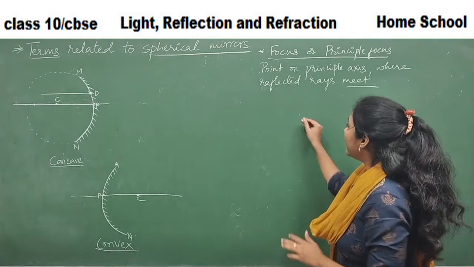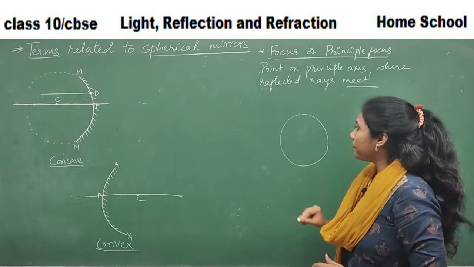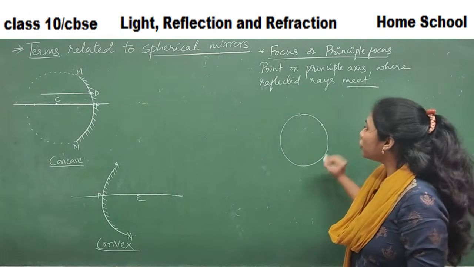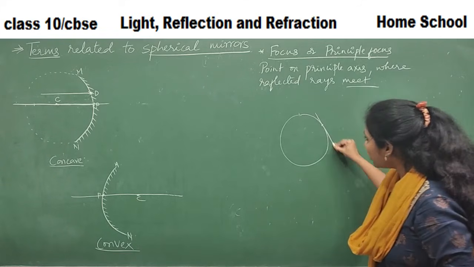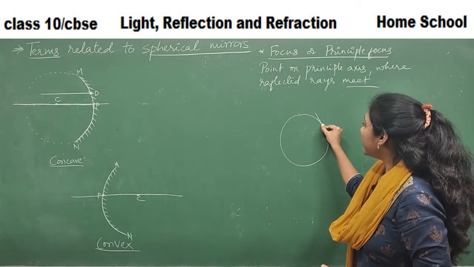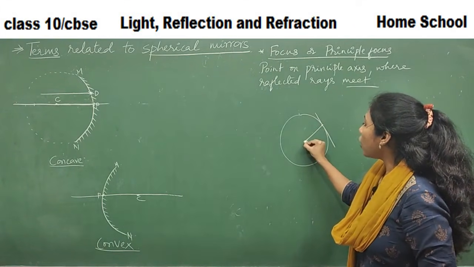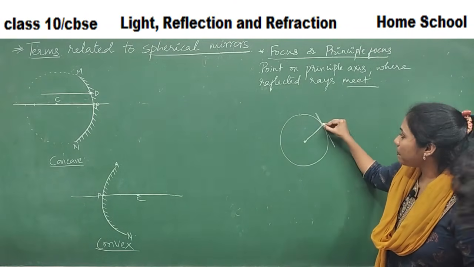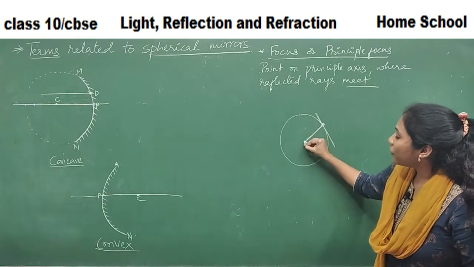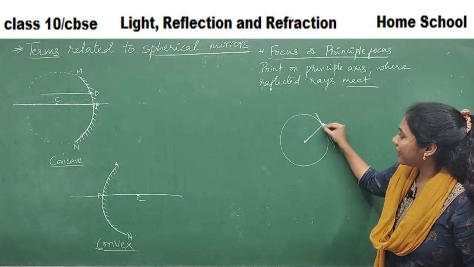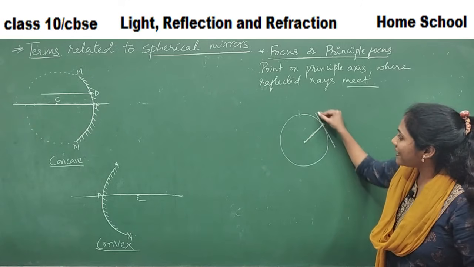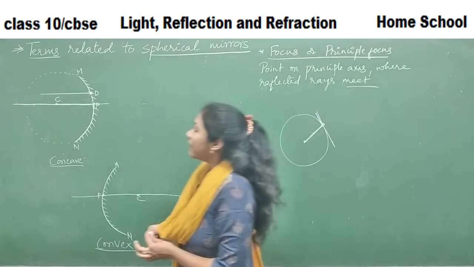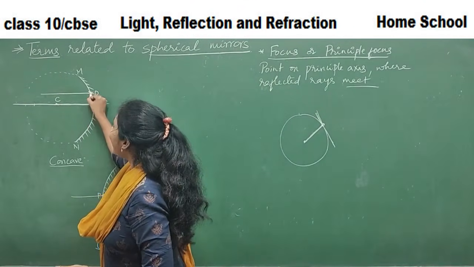Normally, when the surface is spherical, say for example at this point, if you want to draw a normal, you know, if you put a tangent here, then from the tangent to the center, when you draw a line, that becomes a perpendicular line to the point, right? So with respect to this point, the line that you have drawn to the center is actually a radius. So this particular line is perpendicular to this point. The same concept I will use here. See, my incident ray met at this point.